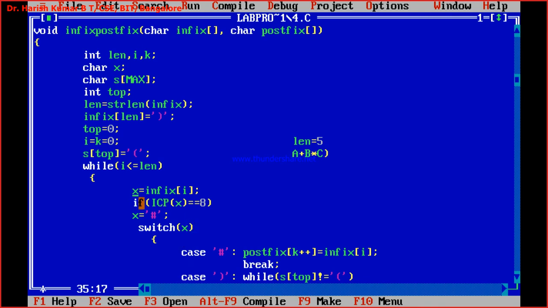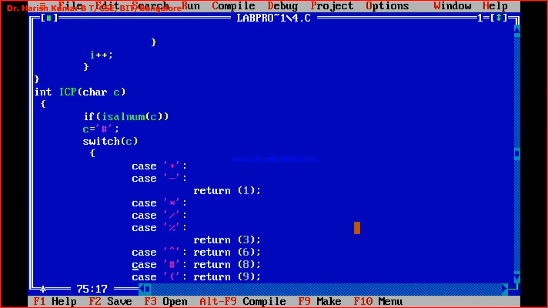Now observe here. In the program when I was explaining the logic, I had written it as if x is alphanumeric. Yes or no? Yes, sir. Same thing here. So it was natural language. If x is alphanumeric character, I had written. But here I cannot do that. If ICP of x, input character precedence of x, that is a, is equal to 8. So I am calling the ICP function. Let me go to the ICP function. There I showed it as a table, but here I have written it in the form of a function.